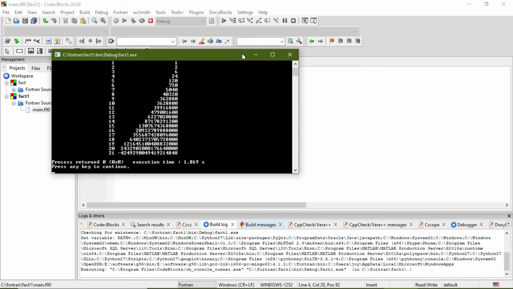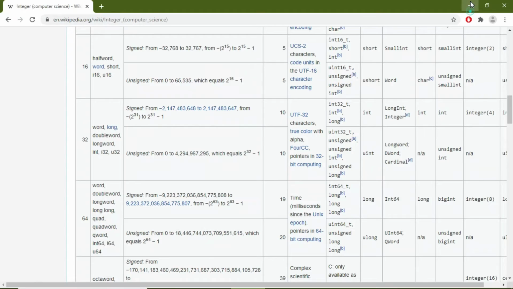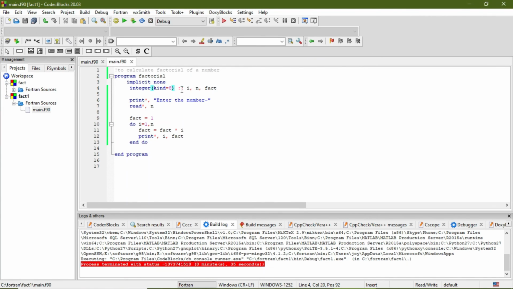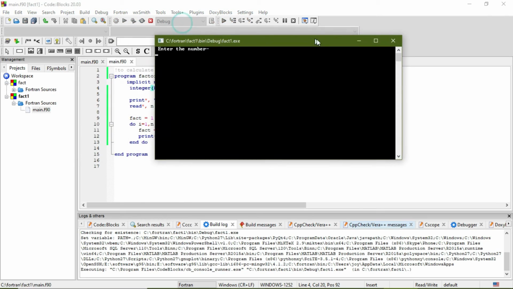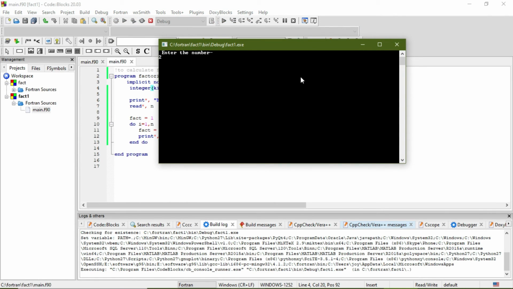So this is how this kind operation works. Now if you make it kind 2 and put say 10, then as you can see it breaks after 7, and it can only print accurate values up to that.